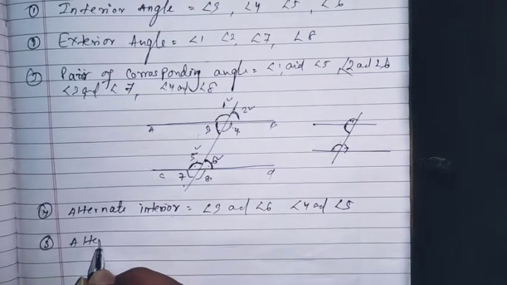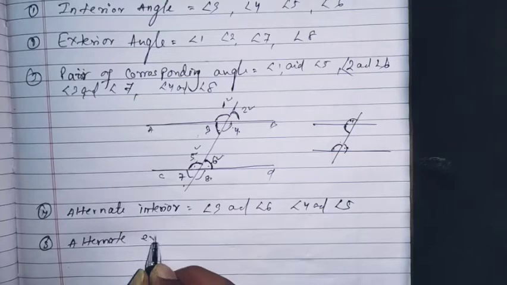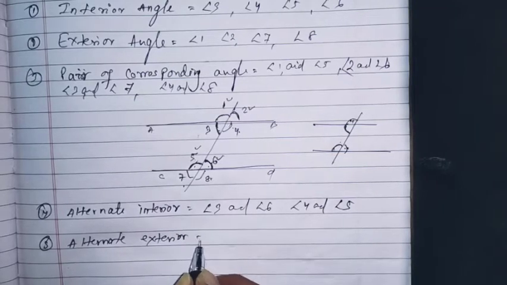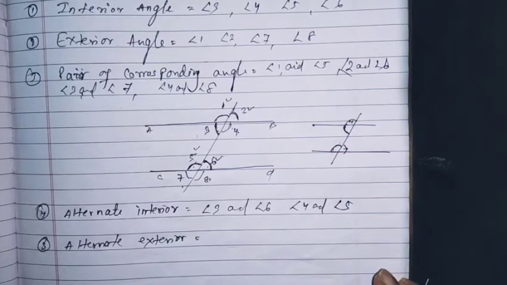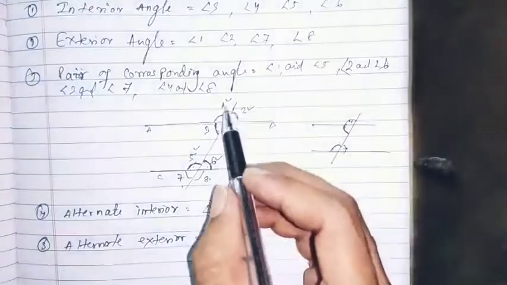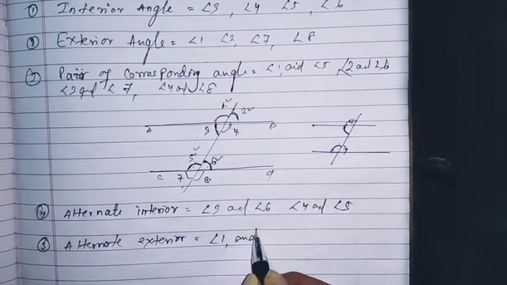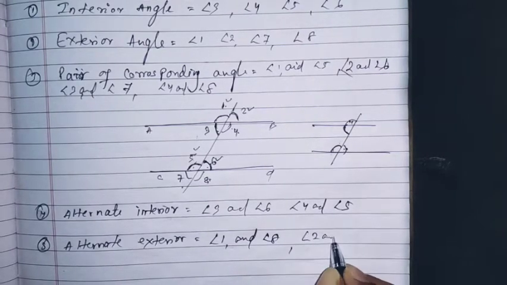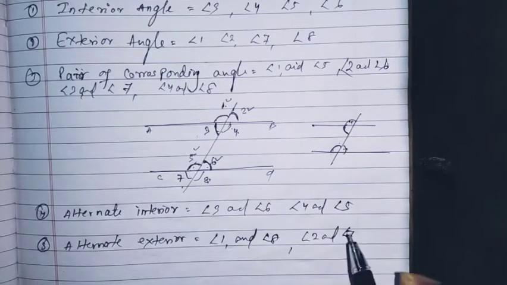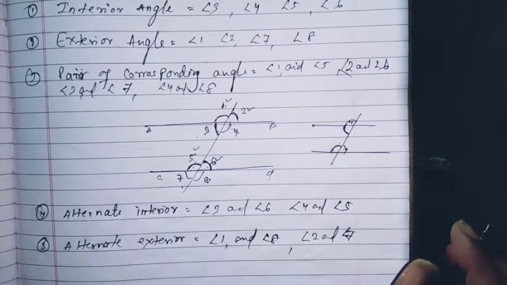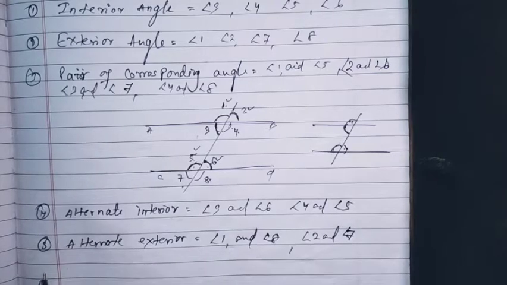Alternate exterior. What are alternate exterior angles? You can say that is angle 1 and angle 8, and angle 2 and angle 7. So this is alternate exterior. Okay. And at the last,